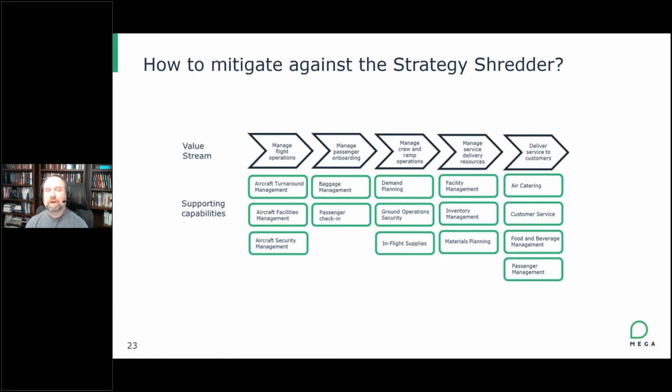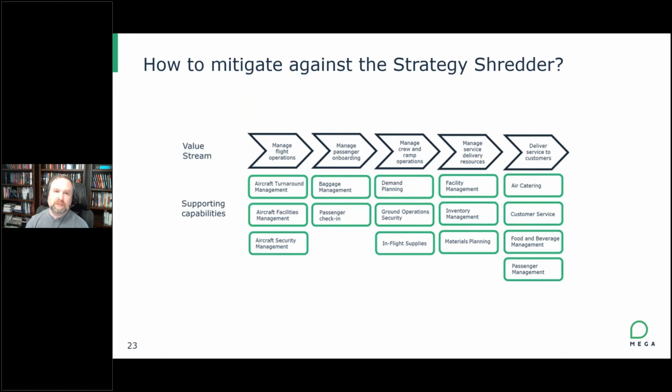We want to focus on customer centricity and the different elements that add specific value to the customers throughout. And then, depicted in green below each of the value stages of the value stream, are the specific business capabilities that would be needed in order to fulfill the vision of the value stream. Now, remember, we're going to look at this through the lens of the organizational strategy. So it's one, having a customer-centric view of how we provide value to our customers. It's looking at the capabilities in a centralized way. So these are core capabilities across the entire organization, and what would need to change in those capabilities to fulfill the strategy of the organization.